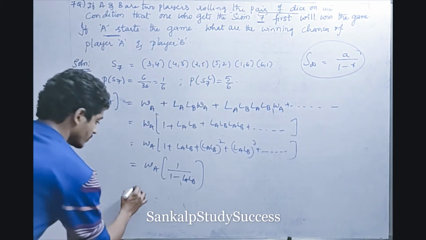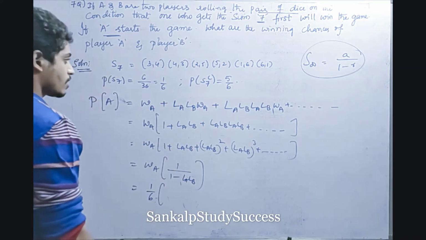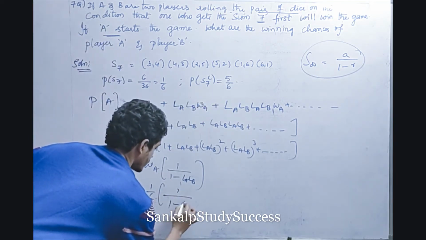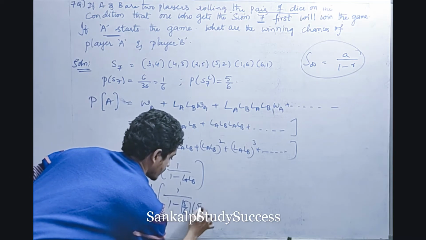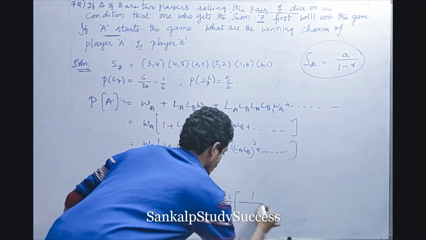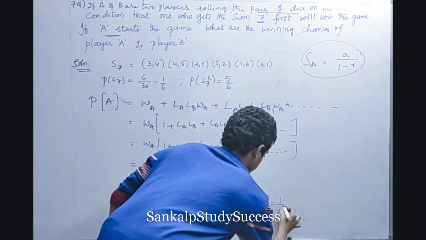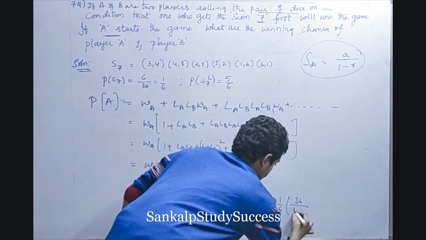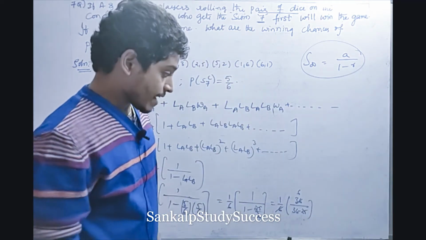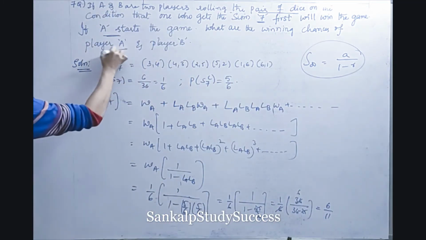So the winning chance of A is 1 by 6, right? Getting sum 7 is nothing but the winning chance. Not losing means not getting the sum, this probability. So 1 by 1 minus 5 by 6 into 5 by 6. So what you are going to get? 1 by 6 into 1 divided by 1 minus 25 by 36. To calculate this, 1 by 6 into 36 divided by 36 minus 25. So 6 6 are 36 and 36 minus 25 is 11, right? So it is 6 by 11. So the probability of winning chances of A is 6 by 11.